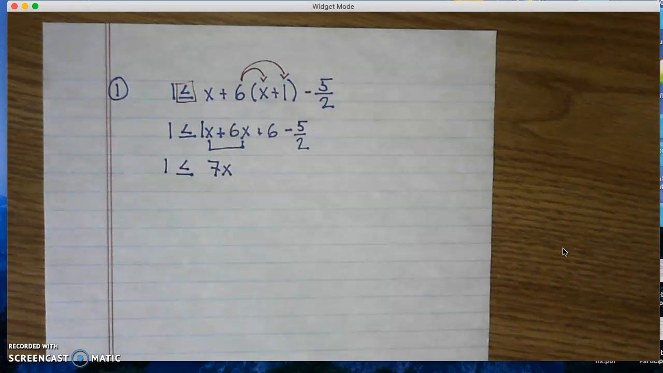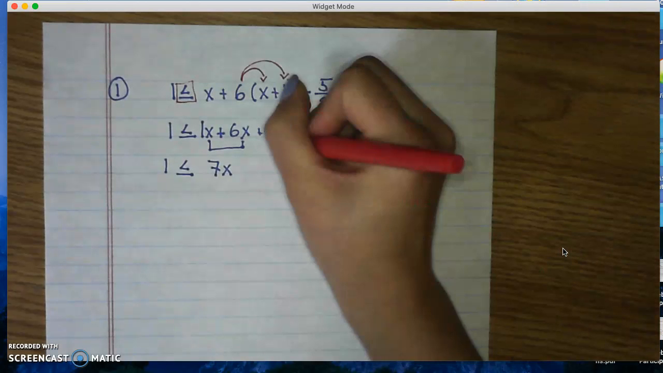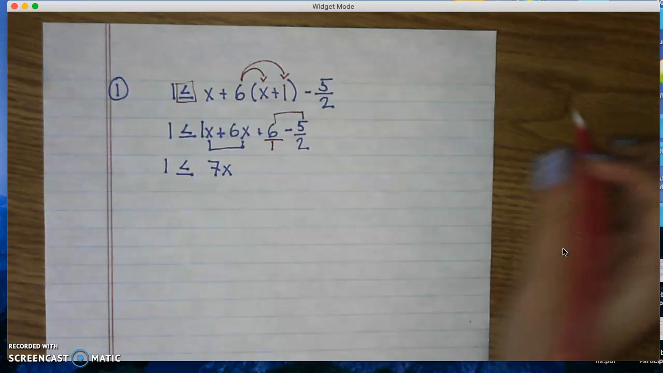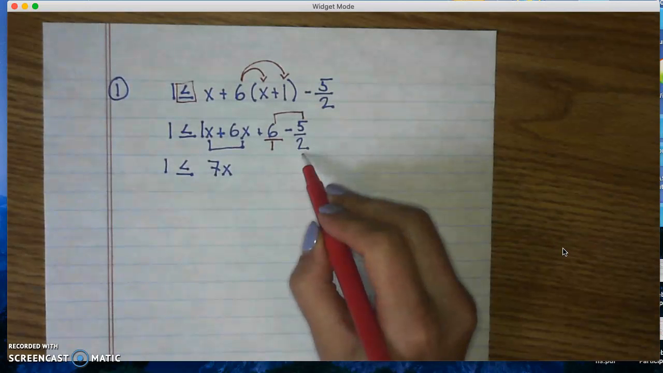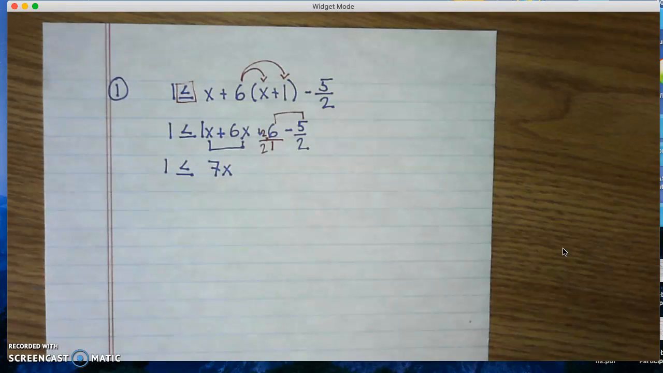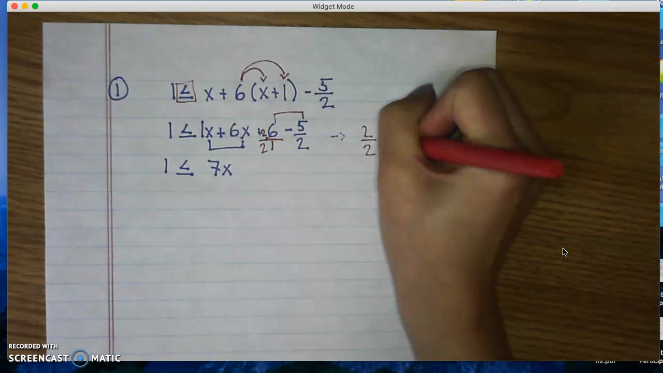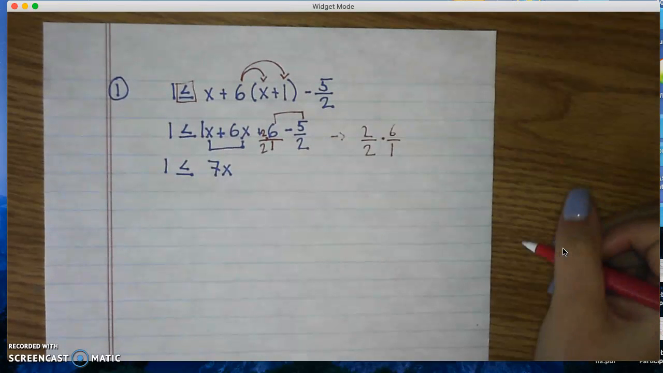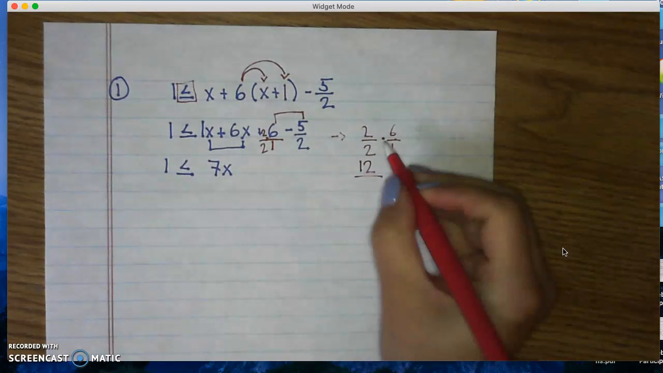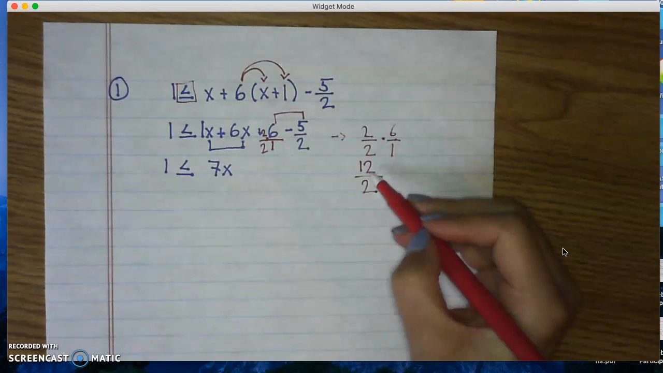Here's the scary part, because I have to combine these, but this is a fraction. So let's remember, who's the denominator of 6? It's 1. And these two need to be the same. They're not the same, so I'm going to multiply by 2 over 2. If you want, I can write that over here. That way it's a little clearer. 2 over 2 times 6 over 1. All right, well, 2 times 6 is 12 over 2 times 1 is 2. So the 6 over 1 is the same as 12 over 2